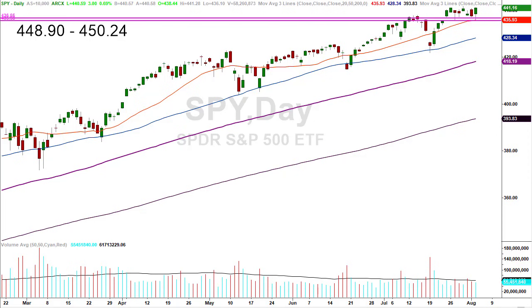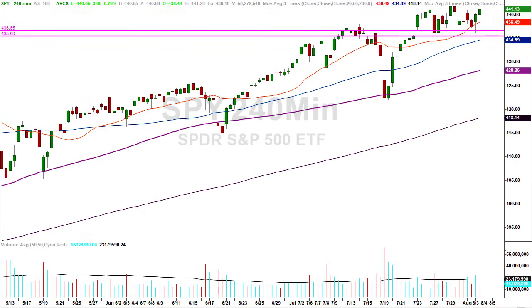From a daily chart perspective, there's nothing else really jumping off the page at present. What happens when we drill down to a 240 chart? Do we see anything material? Is there anything we can learn on this chart? And the answer is yes, there is. By the way, what are these two lines? Well, we know the 435.50, but the 436.65 is a number you'll see inside the numbers today.